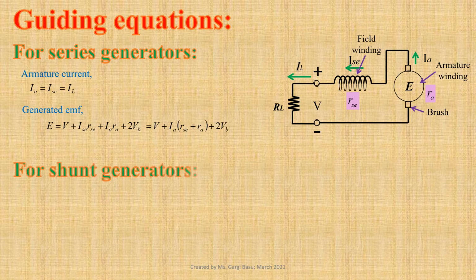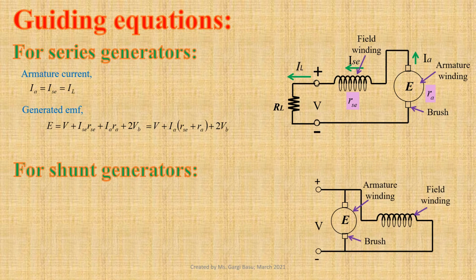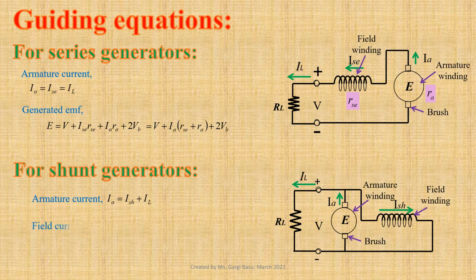In shunt generators, field winding is connected in parallel with the armature winding. The generator is loaded with a resistive load of resistance RL. Let the currents flowing through the armature winding, shunt field winding and load be IA, ISH and IL respectively. Armature current IA equals ISH plus IL. Here field current ISH equals V by RSH, where V is the terminal voltage and RSH is the resistance